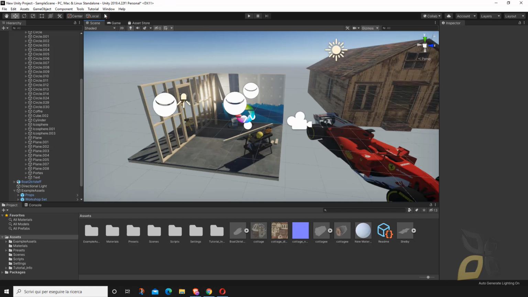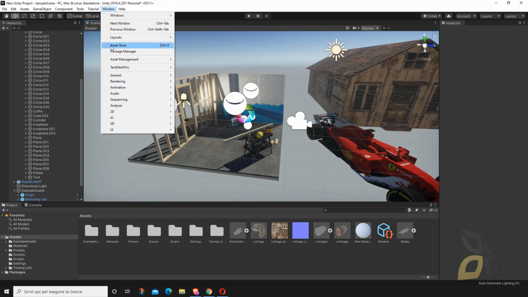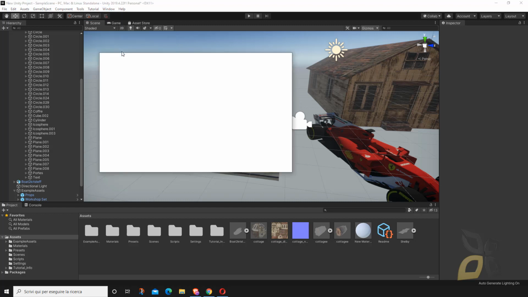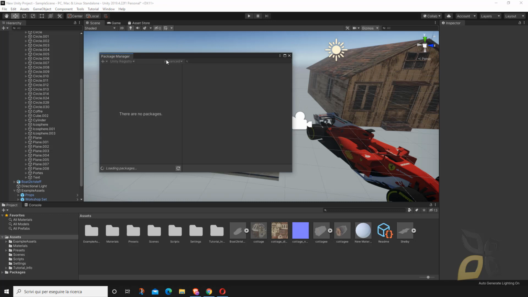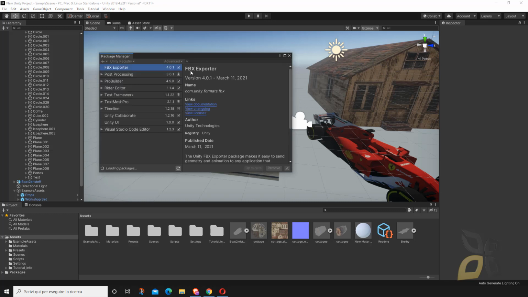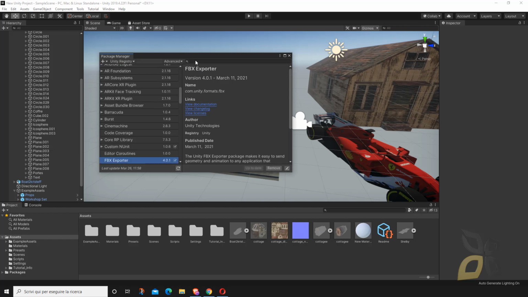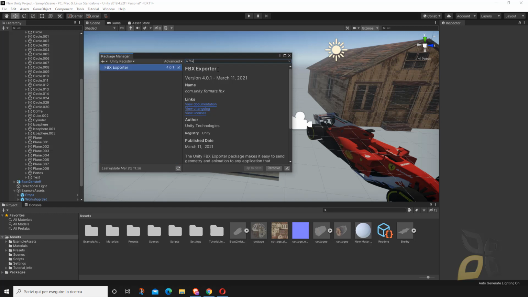You go to Window, then the Package Manager, and wait just a little bit for this to open up. Okay, this is the one that you want to find. If you don't find it, you can go to the search bar, just like in Google, and type FBX. This is the FBX exporter, the package that you want to enable.